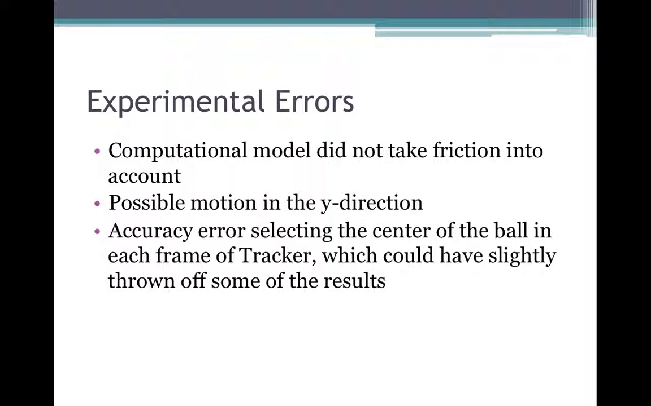One of these problems was friction. The total net force on the ball wasn't exactly 0, but somewhat negative because of friction, which is not taken into account in the computational model. Next, there was some slight vertical motion of the ball, which could have produced some errors within the data. The last error was placement of the center of the ball in each frame of Tracker. There were certain times in which the center was not completely accurate or consistent, which could have also produced flawed